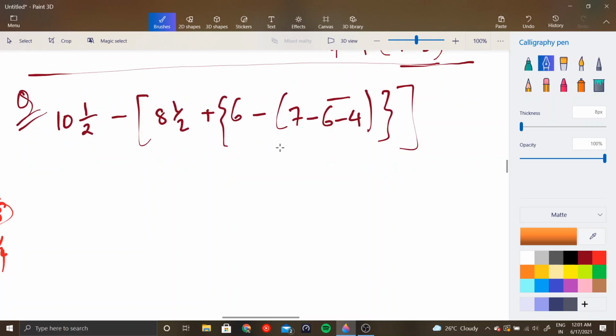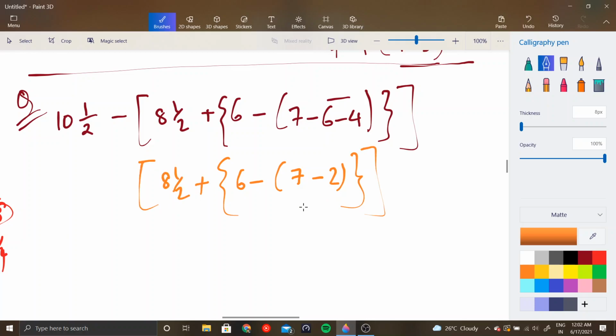So firstly, you will do things in the brackets. So 7 minus 2 is computed first inside the bracket. You have 6 minus this inside the second bracket. You have 8.5 plus this inside the third bracket, and then you have this, right? This is the first step. Now the second step,